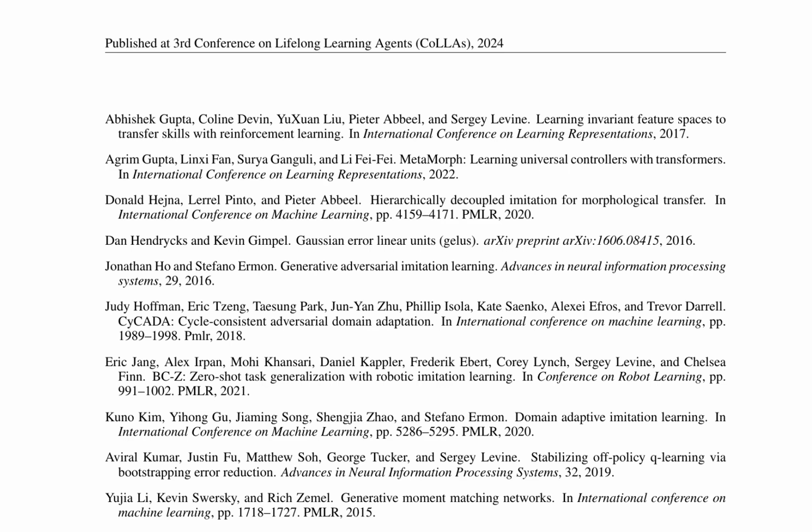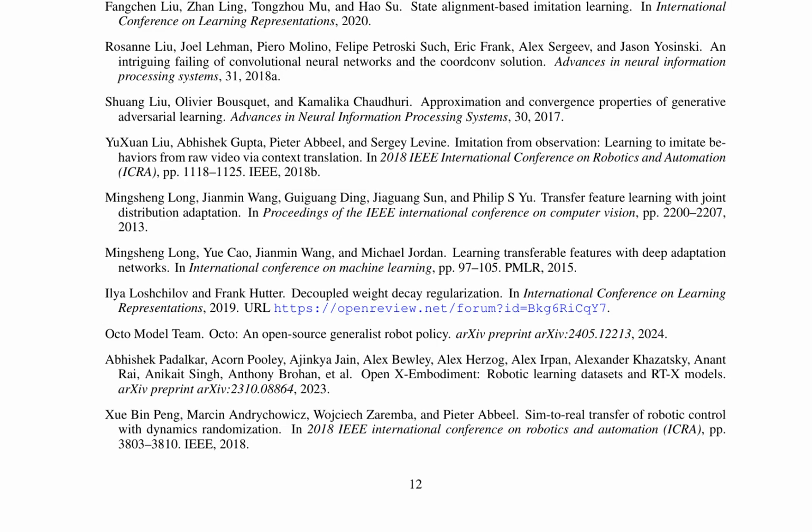The paper also explores imitation learning strategies, including the use of generative models to learn from observations and the importance of feature alignment for successful skill transfer. The authors highlight several key contributions, including the development of new datasets and models that facilitate transfer learning and the demonstration of improved performance in real-world robotic control tasks.